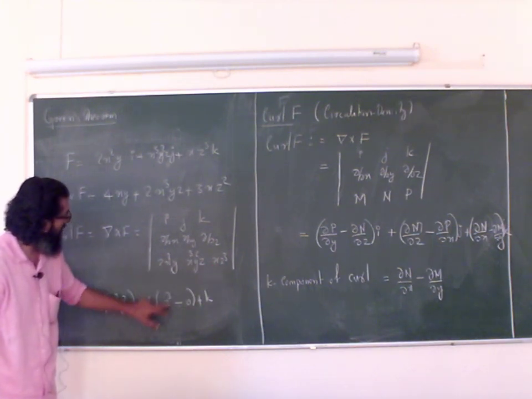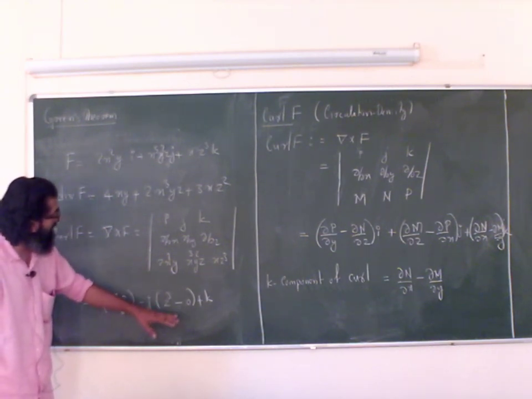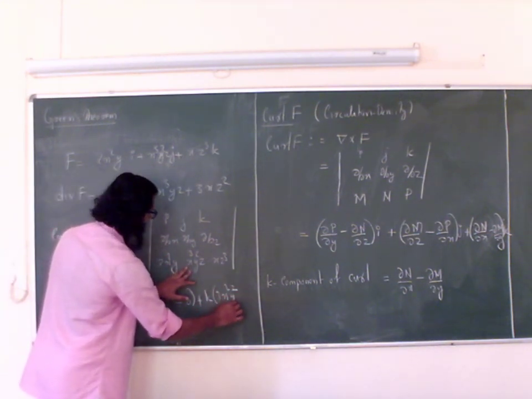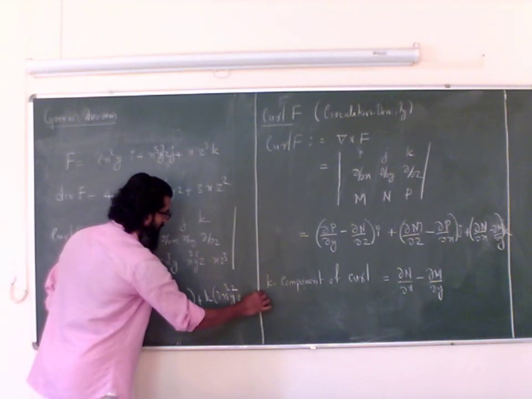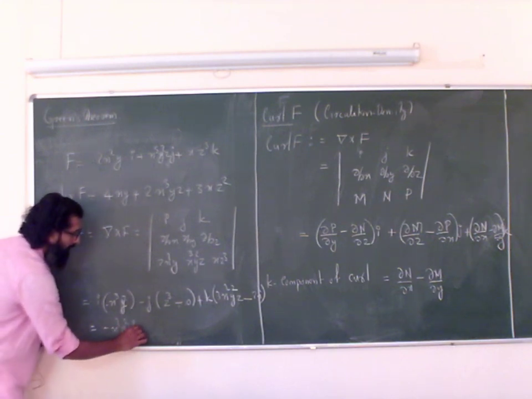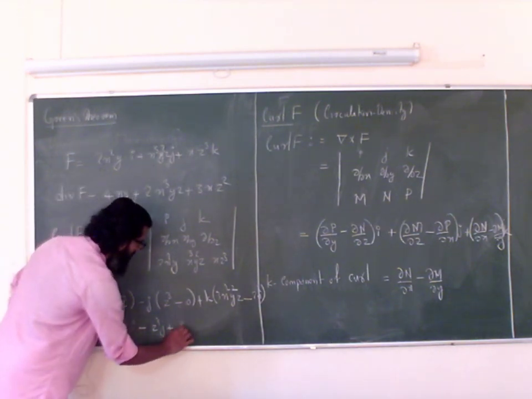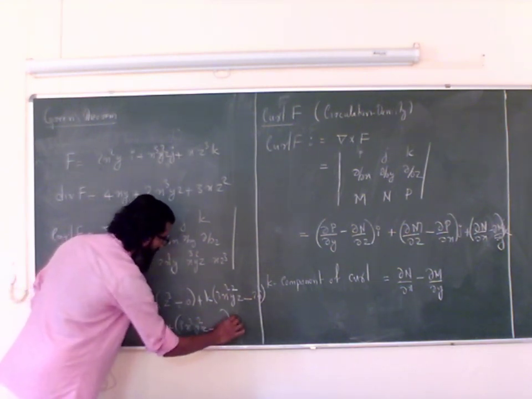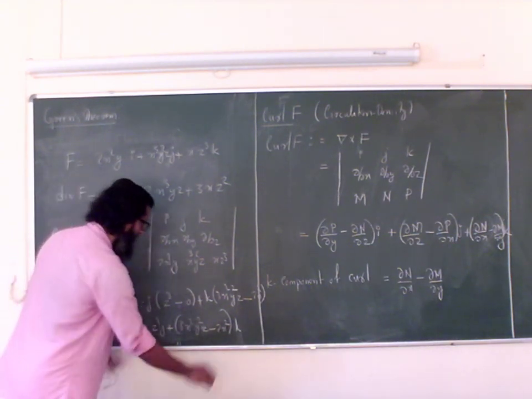this is z cube, and then dou by dou z of this one, this is independent of z, the derivative is going to be 0 plus k times, this has to be 3x square y square z minus dou by dou y of this, this is 2x square, or this is nothing but minus x cube y square i, maybe minus z cube j plus 3x square y square z minus 2x square times k, maybe we'll check this, that is only 2x square, right?